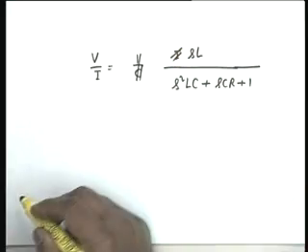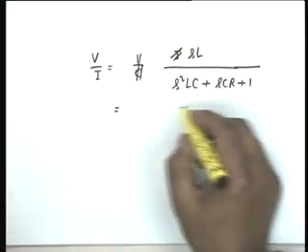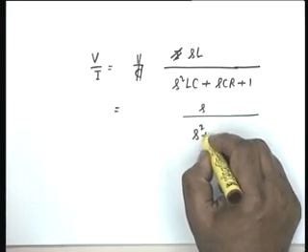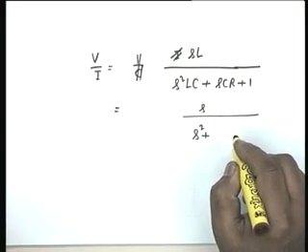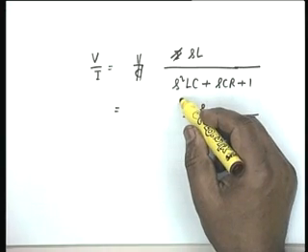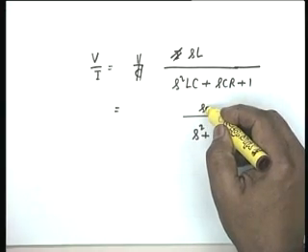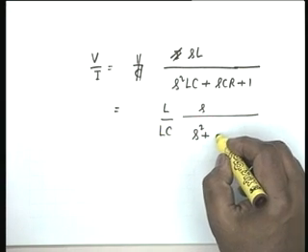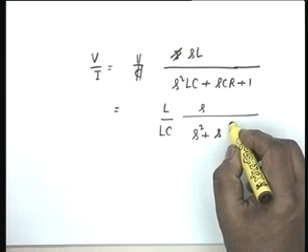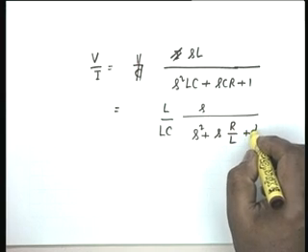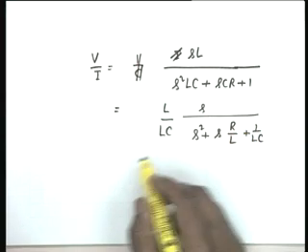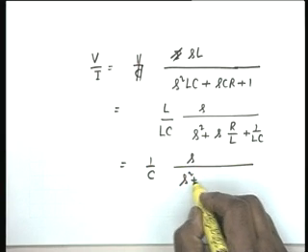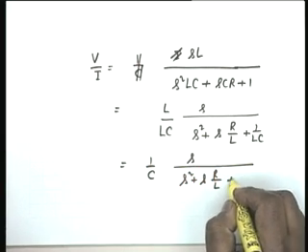I won't be there, okay, fine. Then I write this as S squared plus, because I want to find the poles. So, the highest power term is made unity. Similarly, in the numerator, the highest power term is made unity. So, L by LC, S squared plus S R by L plus 1 over LC, that is equal to 1 over C S divided by S squared plus S R by L plus 1 over LC.